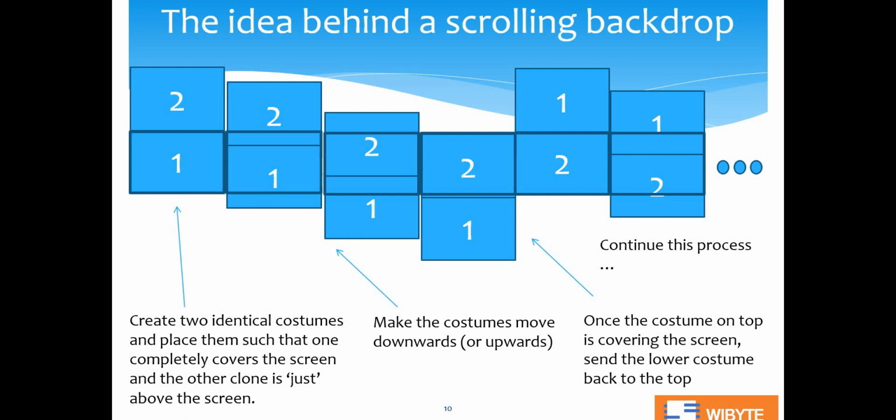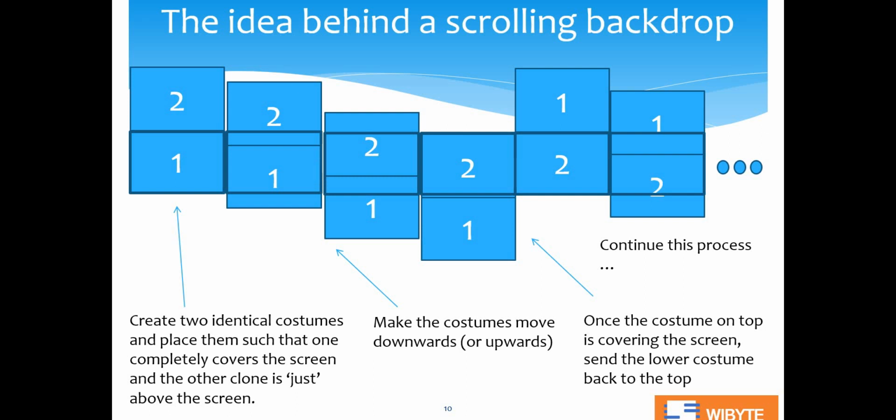So the idea is actually very, very simple, but as they say, the devil is in the detail. When you start doing it, you'll realize that there are certain nuances that we have to be careful about. I'll talk about a few of them, mainly being the glitching. But let's see how we can now implement this idea in Scratch. So the question is, okay, the idea is fine. We have got these two pictures, one is visible, one is partly visible. They both move down. After some time, the lower one goes up and sits on top, and the whole process continues. So how can we make this happen in Scratch?